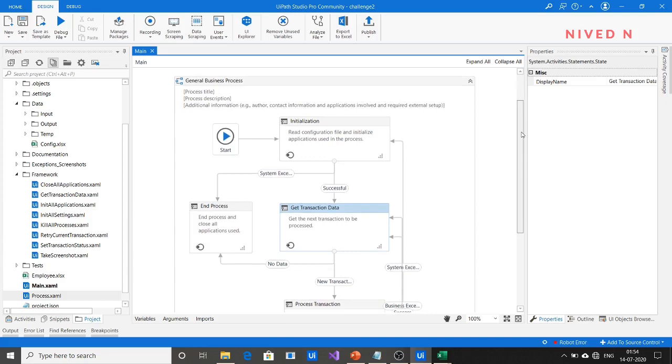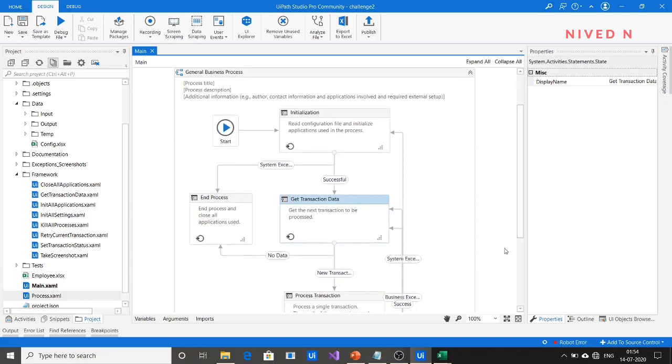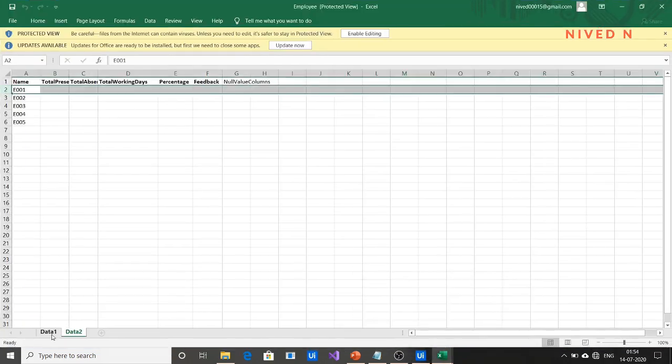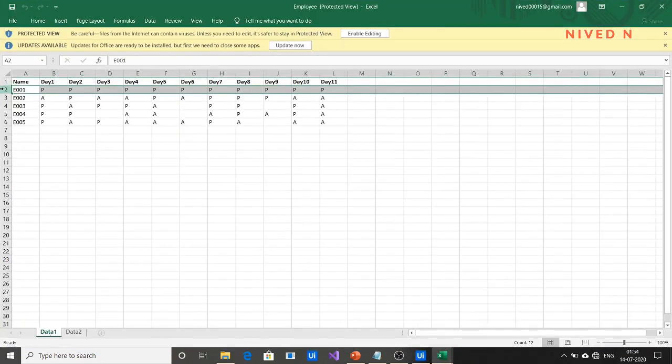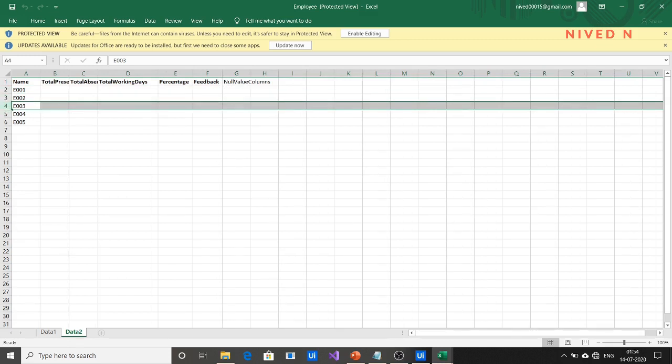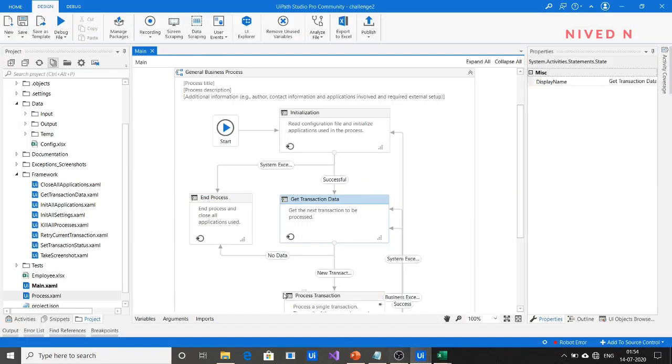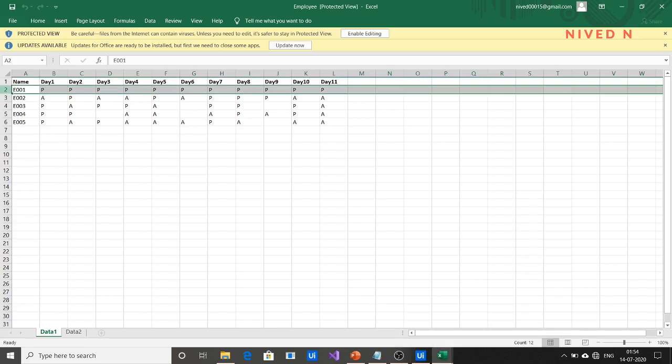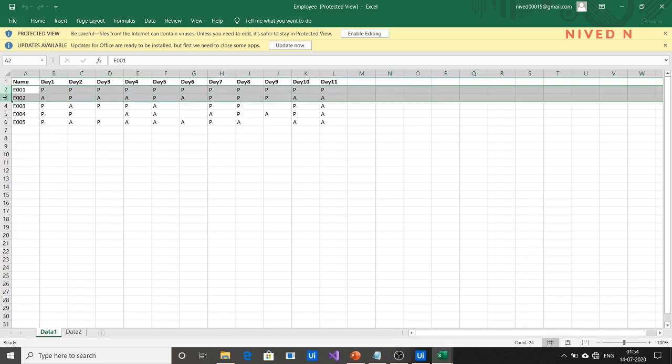Before running it, let me summarize what we have done. We have an employees' attendance sheet, and our main agenda is, for each employee, to calculate the present, absent, and null values, and then input them into the second sheet in the same Excel file corresponding to each employee's name. In the Get Transaction Data state, we are assigning the transaction item.